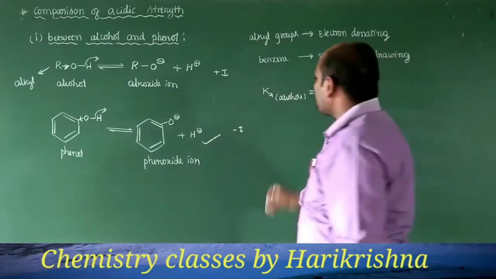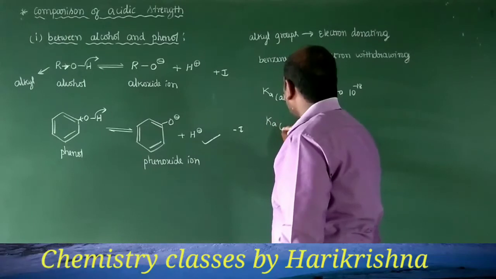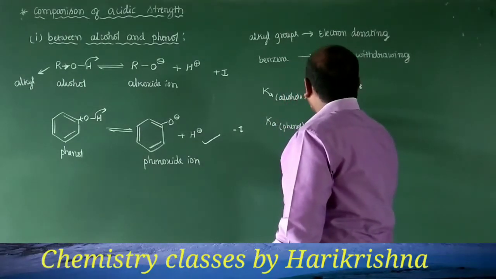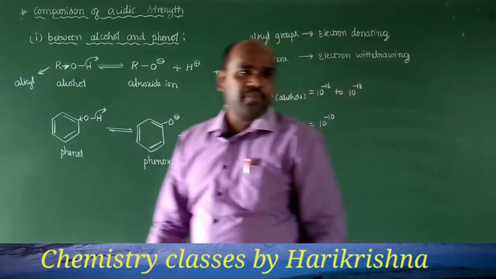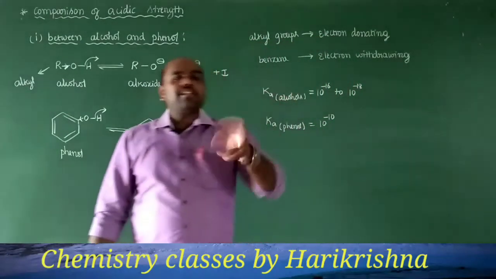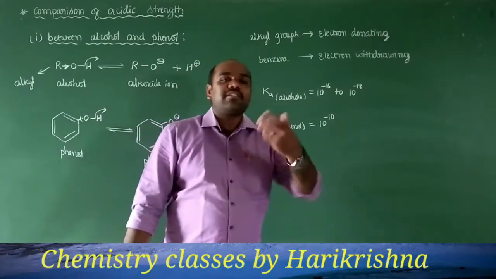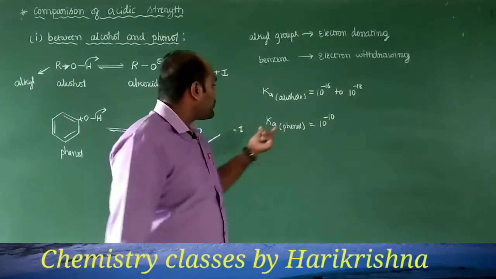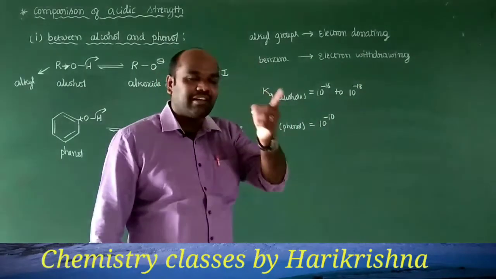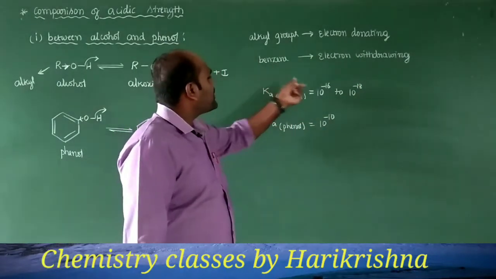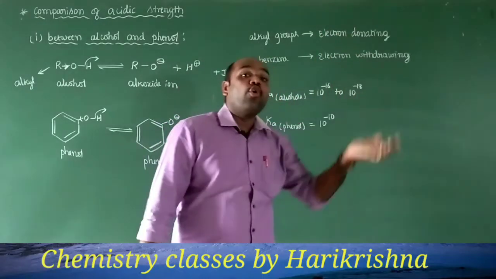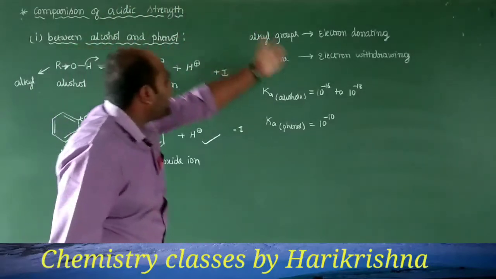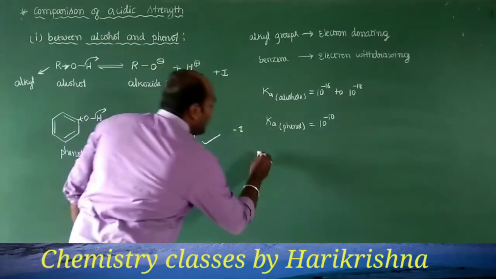But we have given the dissociation constant values for phenols in the previous session, that is of the order of 10 to the power of minus 10. We said that in comparison with any two materials, when you are talking about acidic strength, the one with the higher value of dissociation constant will be the stronger acid compared to the other, which has a relatively lower value of dissociation constant. So based on all these factors, we can say that